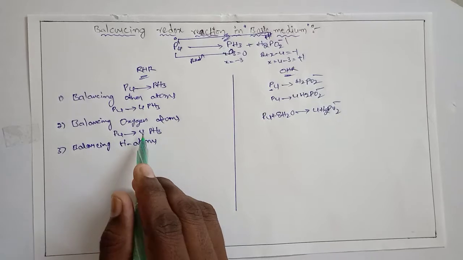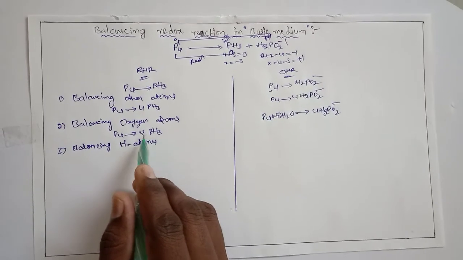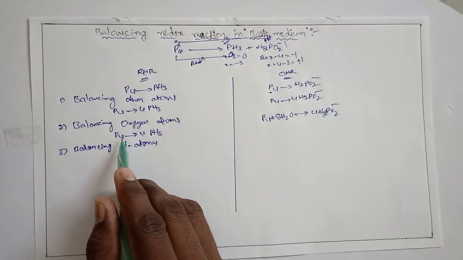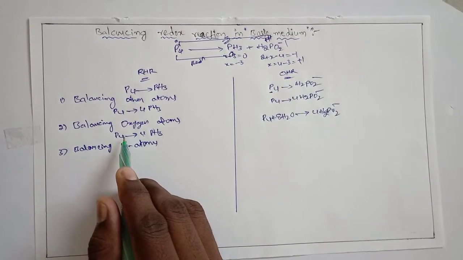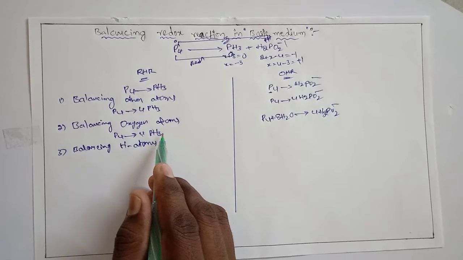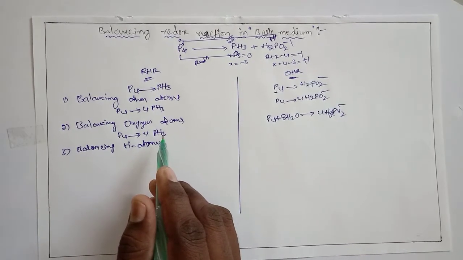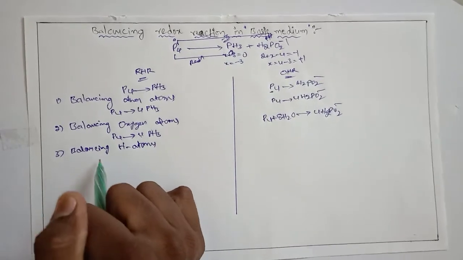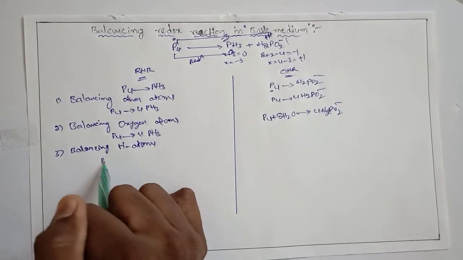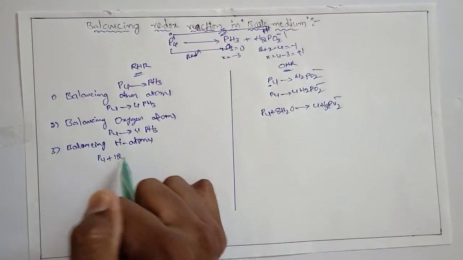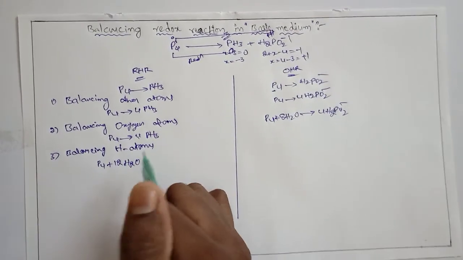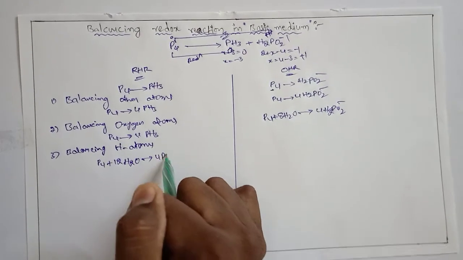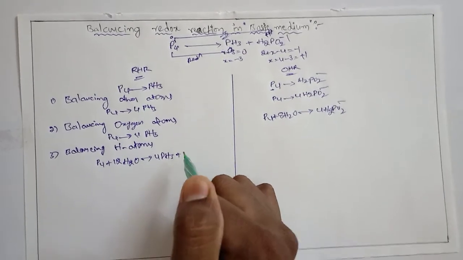To balance the hydrogen atoms in basic medium, we add the required number of water molecules to the deficiency side, and at the same time the same number of OH⁻ ions to the opposite side. So here, for 12 hydrogens, we add 12 water molecules. P4 + 12 H2O gives 4 PH3 +